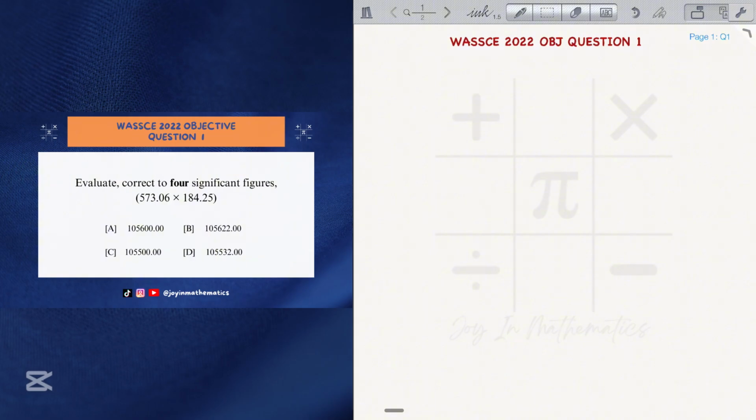Question 1 says, evaluate to four significant figures the multiplication of 573.06 multiplied by 184.25, correct to four significant figures. This is a very simple question, so we just use our calculator. Once we use our calculator to evaluate 573.06 multiplied by 184.25, we will have the resulting answer of